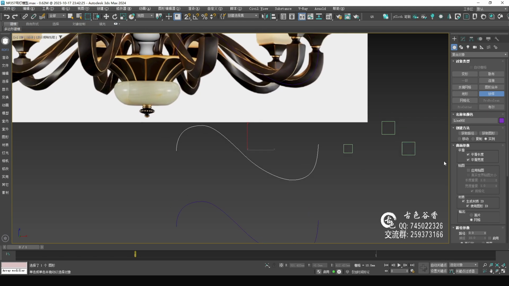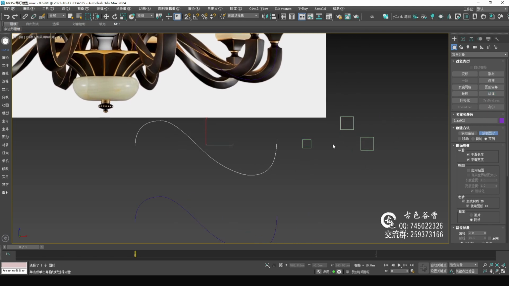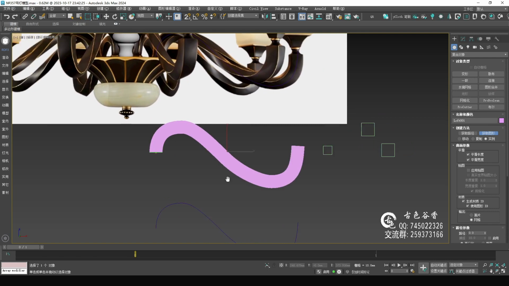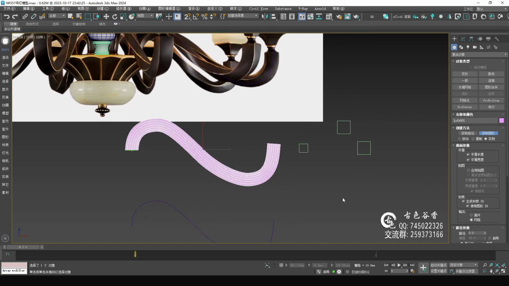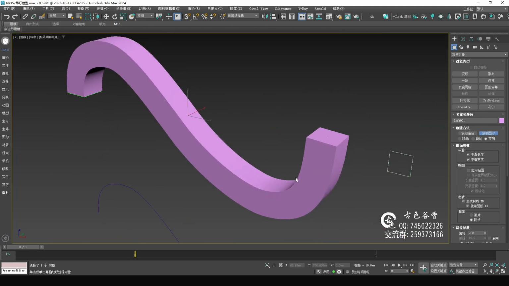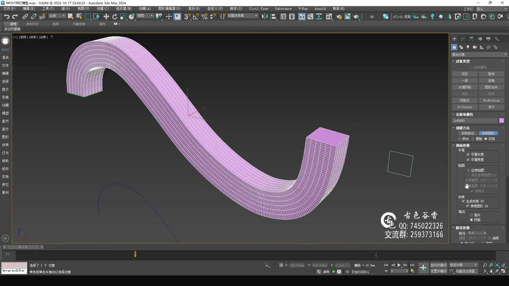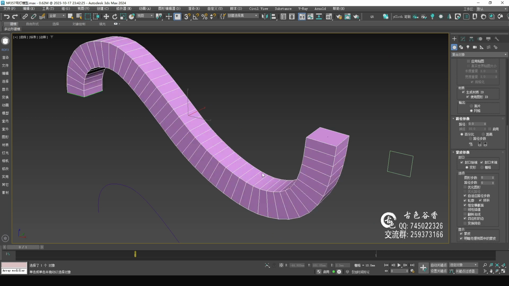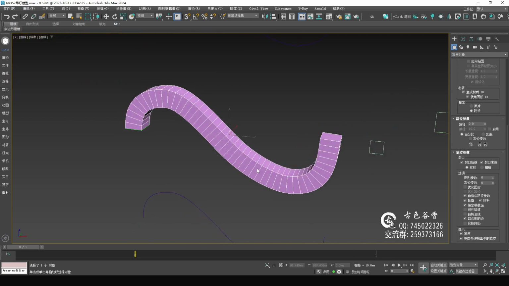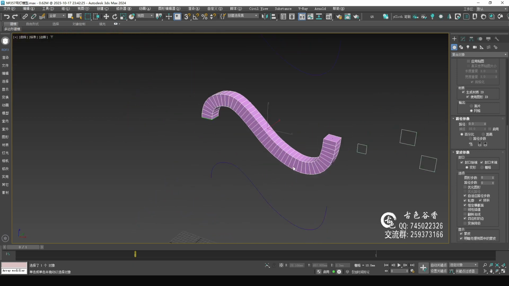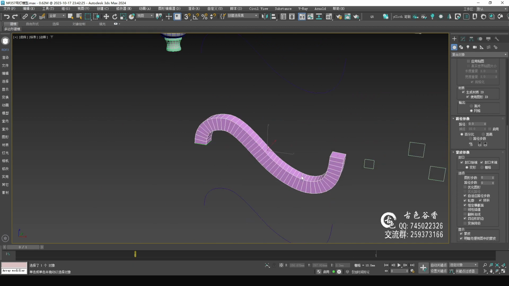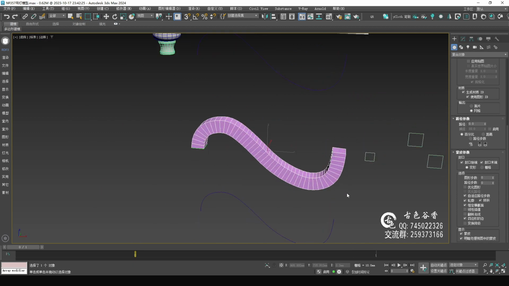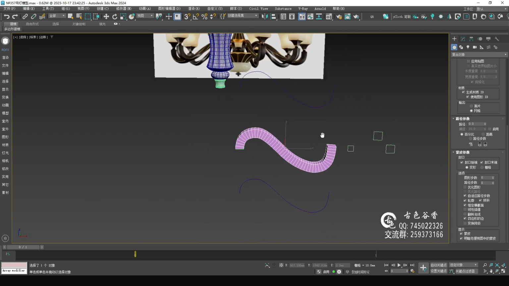We get graphics. Then adjust the number of steps in its path. Let's change it to 0. And then we realized that the wiring above it was too dense. If it is too dense, it will not be convenient for us to operate later.